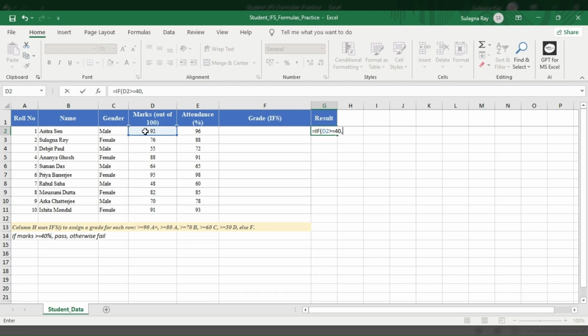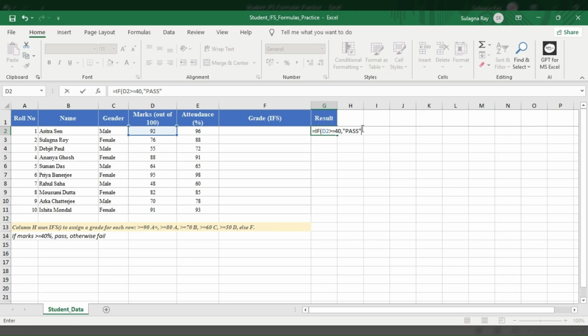Then we have to put the value which will be given by the function when this logical test is true. That means whenever this marks is greater than or equal to 40%, then what will be the output of this cell? So here we want to type pass within inverted commas.